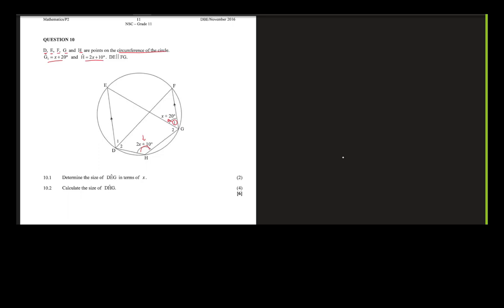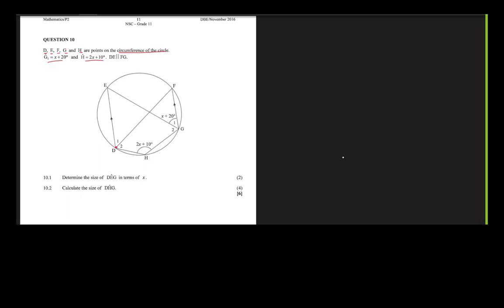Then they say DE is parallel to FG. So this DE is parallel to, remember here is D, here it's E. So this is our line DE is parallel to FG. This is our line FG. So DE is parallel to FG. Hopefully you spotted that. Now, before I carry on, I want us to look at a quadrilateral